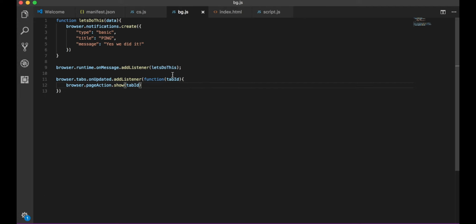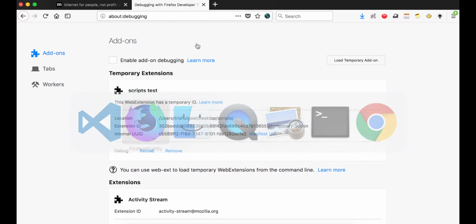So just a heads up, if you are unaware about how the page action works and what can be done with page action and what page action is, I have another video on page action in this playlist. So if you are stuck with page action, it will be advisable to view that video first and then hop on into this. So continuing where we left. So this will help us to get a page action button on the open tab. So let's see,